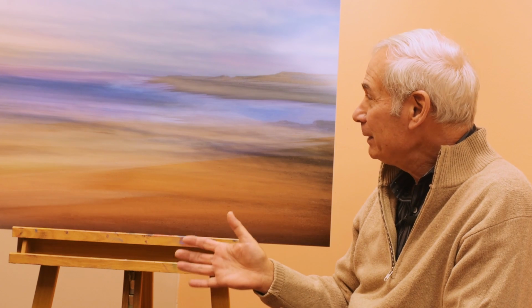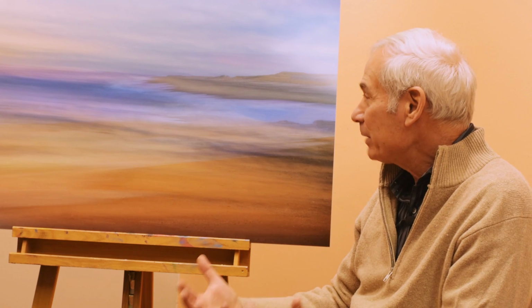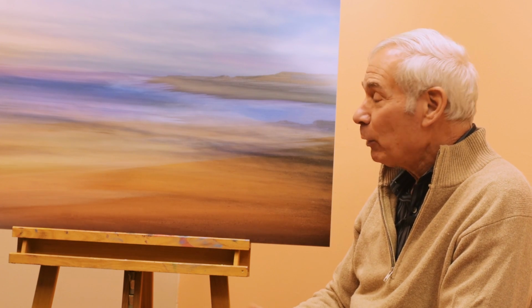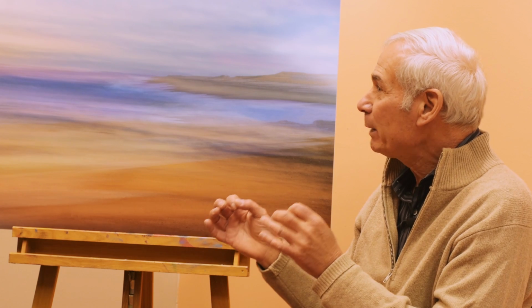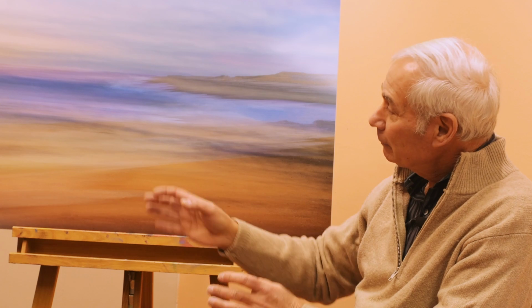Every time I go down to the beach, I think I've exhausted whatever image I could produce, but I'm always surprised, and I'm surprised by the nuances and the changes in color and light that can happen with different times of the day and season. So I don't think I've completely exhausted my seascape